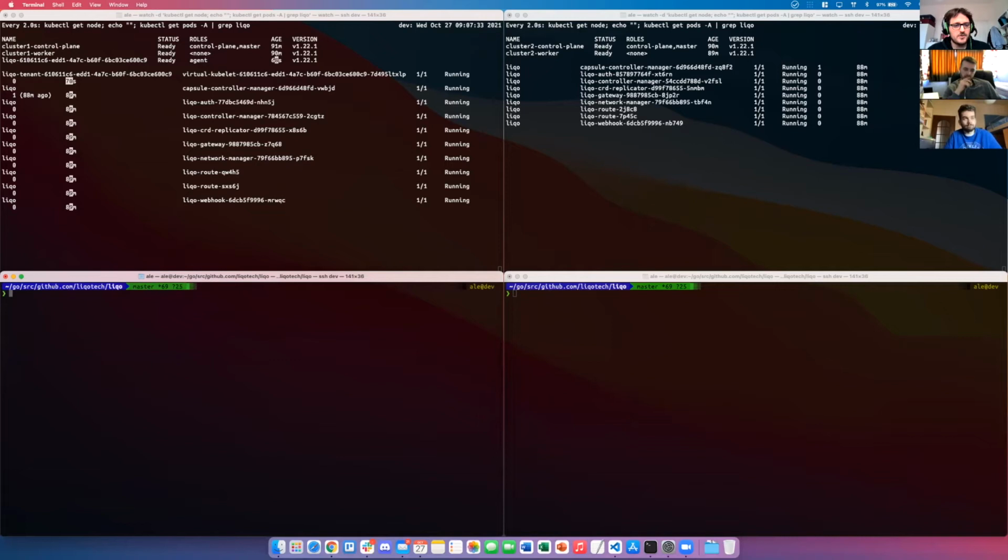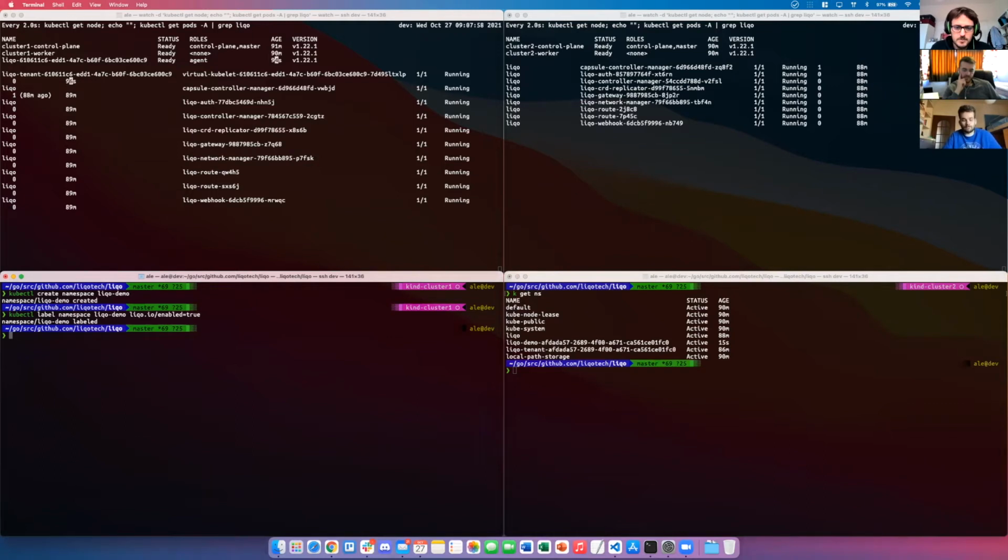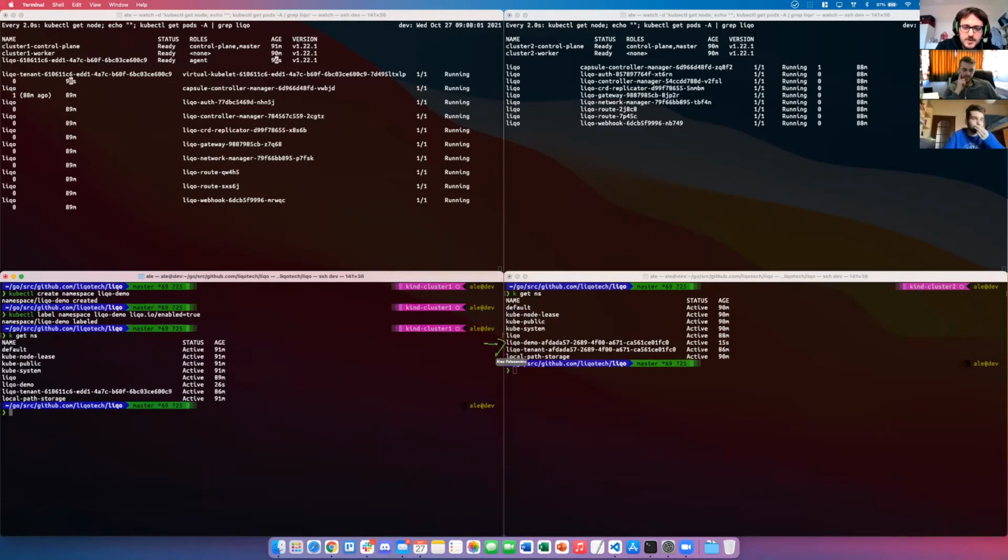First of all, we have to create a dedicated namespace, LicoDemo, and we will attach to that namespace a label called lico.io/enabled=true. This label tells Lico that this namespace has to be considered by it. And if we look at the other cluster, we see that the effect of this label is to create a twin namespace on that cluster. So the LicoDemo and the UID are connected and related to this LicoDemo. It's a twin for LicoDemo, and it will have all the pods that we will offload on cluster 2.